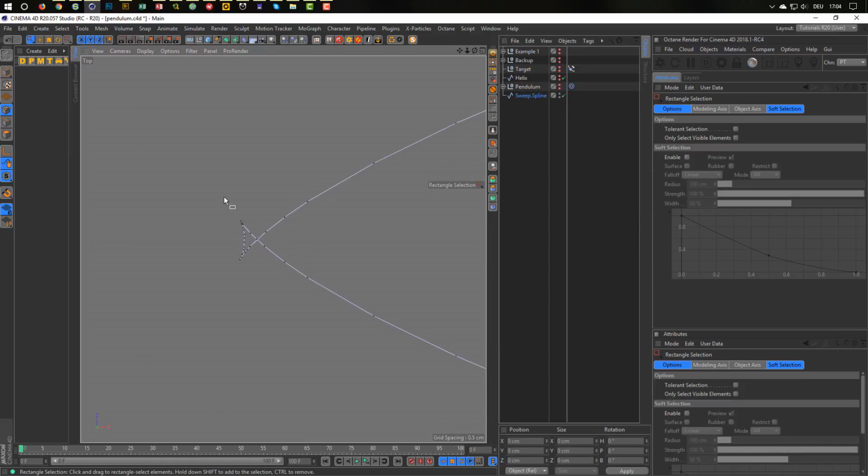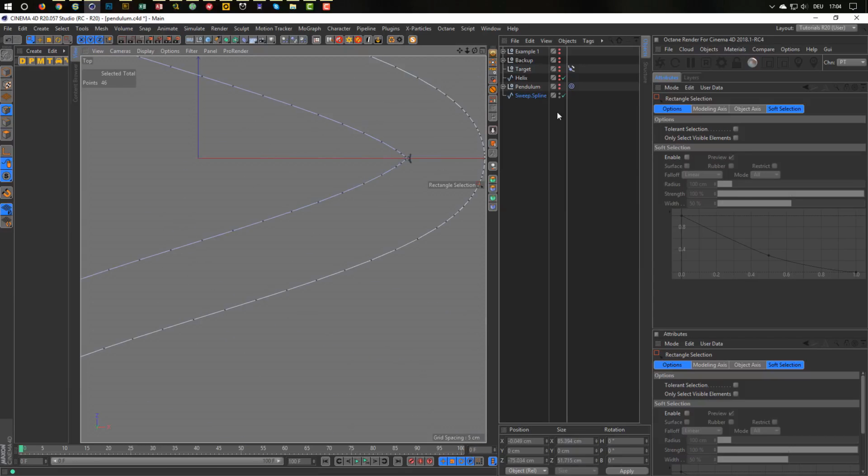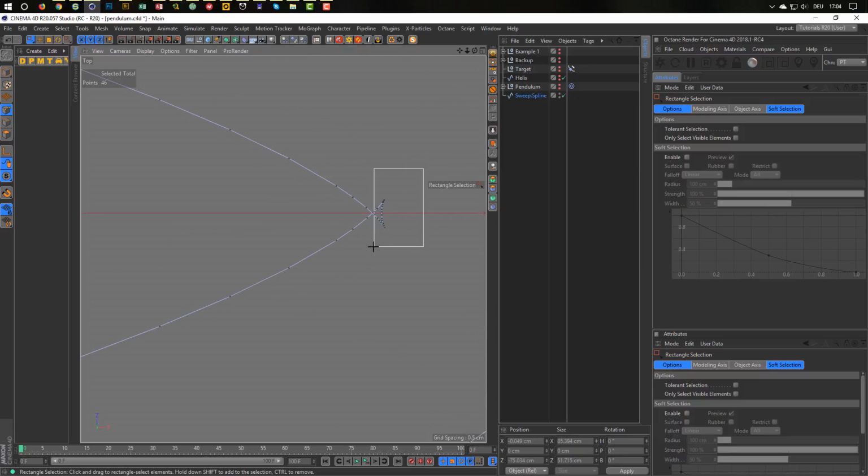I go to my edge rectangle selection and just want to delete these points here. They are all the points, they are overlapping. So this is a little work, but not much. So shift, hold the shift key to add to the selection, hold the control key to subtract from the selection. So, whoops, so, whoops, so, and it's not so much, so